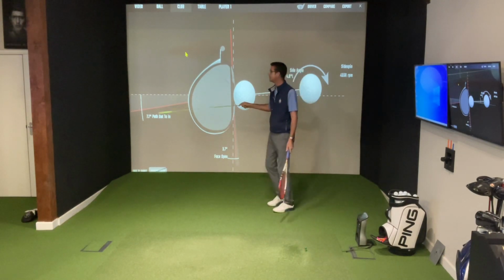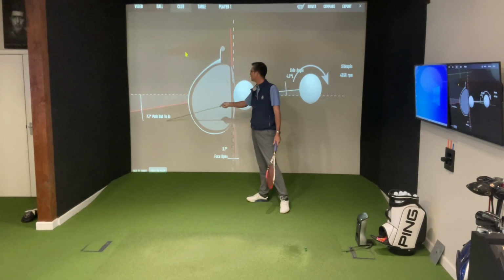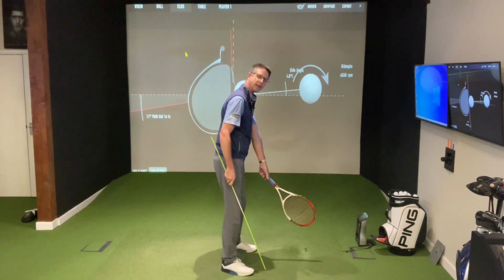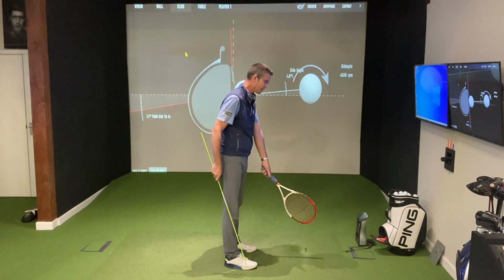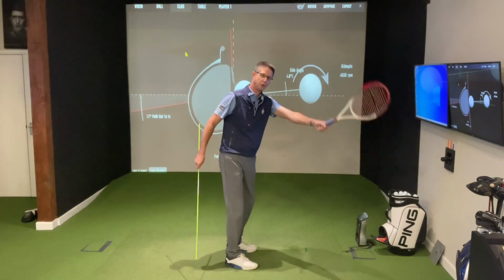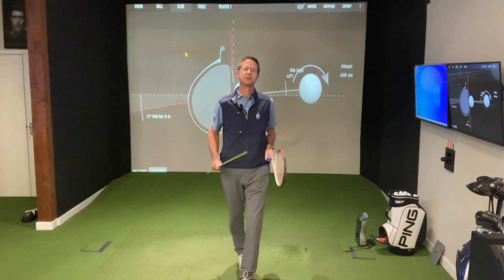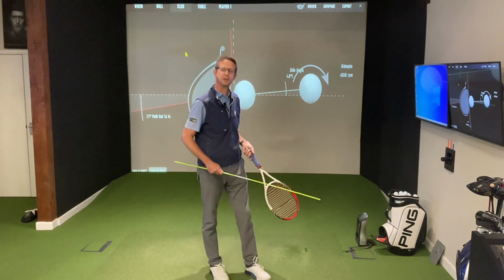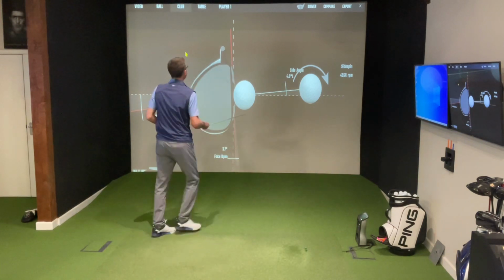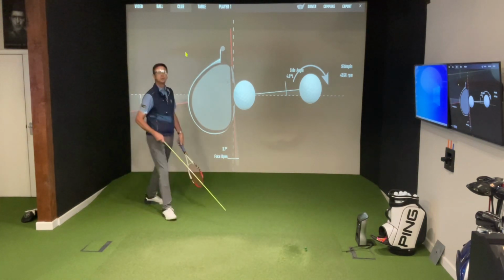So my club, as you can see by the red line here, was passing across the target line from out to in. So that, from where you're looking down the line at me playing a golf shot, out to in is from this side to this side, outside the ball to inside the ball. So the club has to be travelling from outside to in order to put spin on the ball to the right, generally speaking. The other thing that you'll notice down here is that the face of the club was slightly